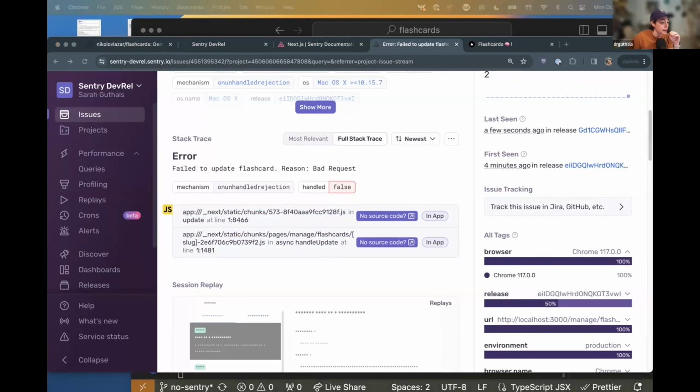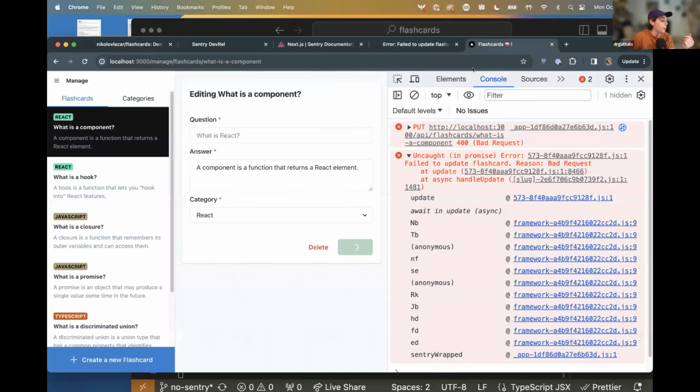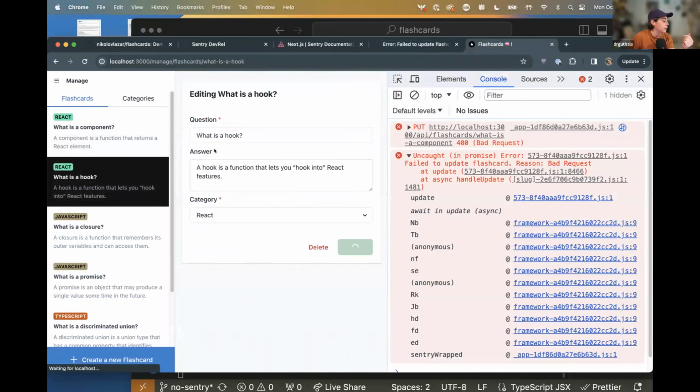All right, perfect. Any questions about how that got set up? So this is, and actually maybe we should just walk through this a little bit more. This is the issue view for Sentry. So what's nice is that issues will automatically get grouped together when they are the same type of issue. So you can see that there's only been one event that caused this issue for one user. But if we were to, let's say, go into this one and delete this question and attempt to update, well, now it's